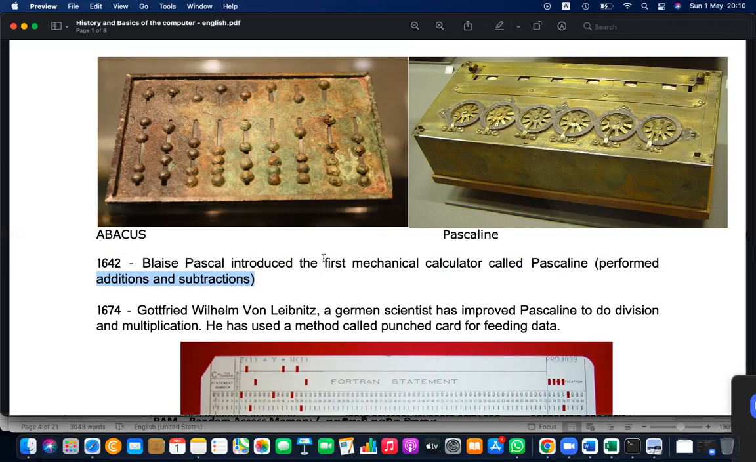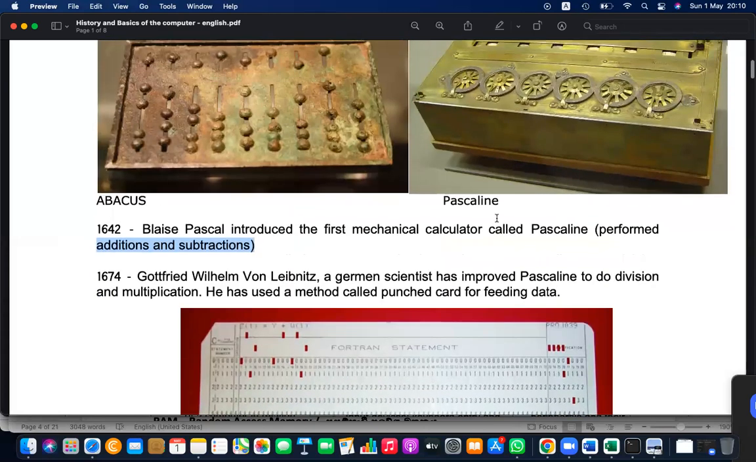Pascal's adding machine, Blaise Pascal's calculator. This is mechanical, right? So it was not using any power, any current. Basically, you have to rotate these wheels and do some calculations using Pascaline. Then there was another significant invention which happened 30 years after Blaise Pascal's invention, that is by